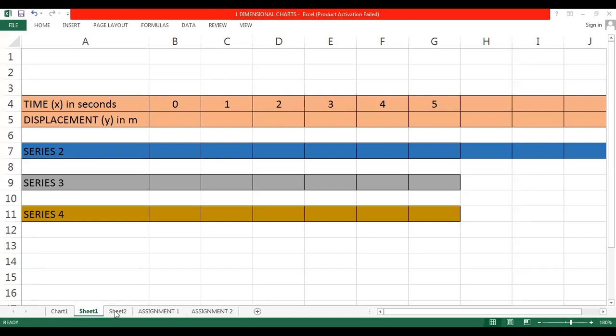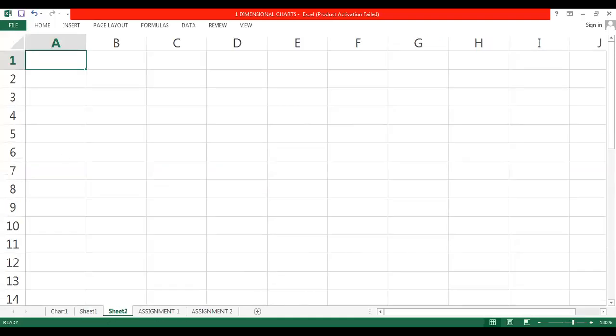Write down, we are starting with displacement versus time. Write down the heading, displacement versus time. We have different cases to study. How are we going to proceed with this topic, beta? We are going to study all different cases, and once we study all these cases, then we will do some assignments based on those cases.